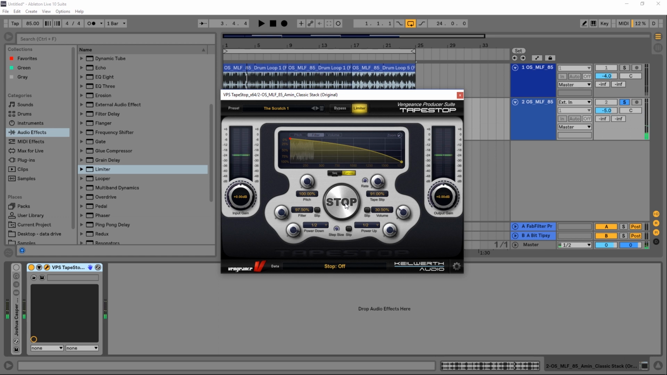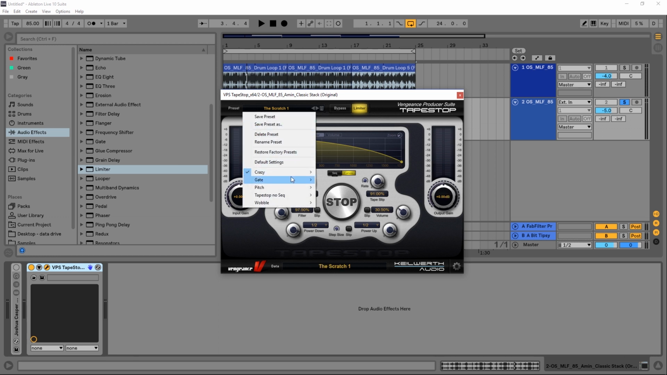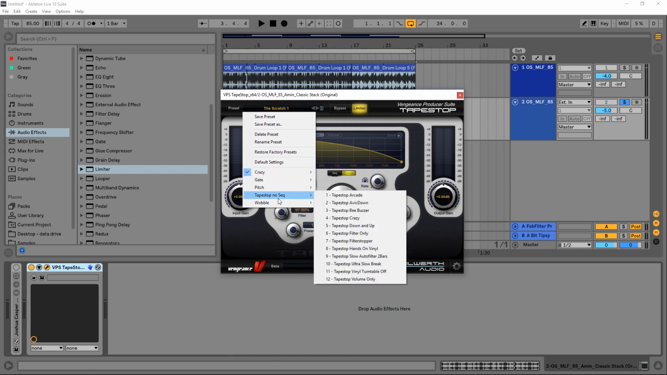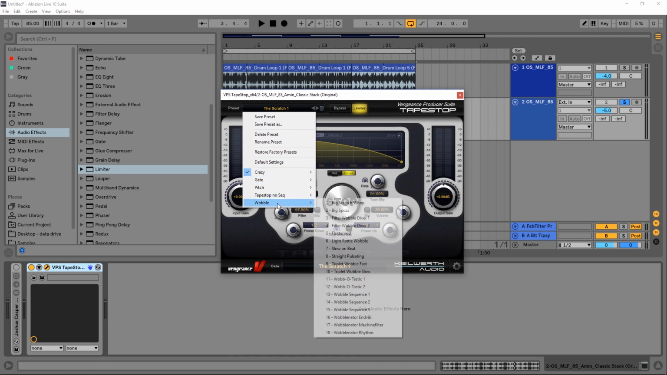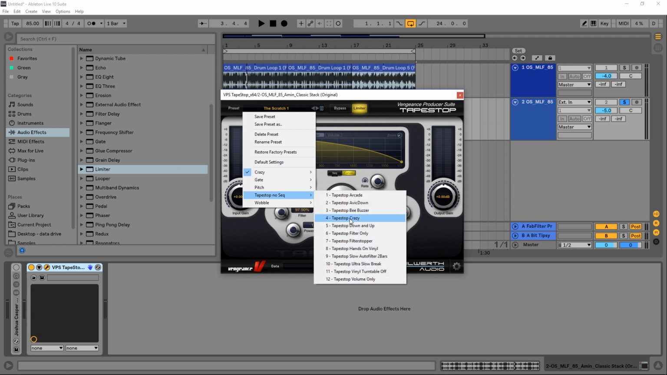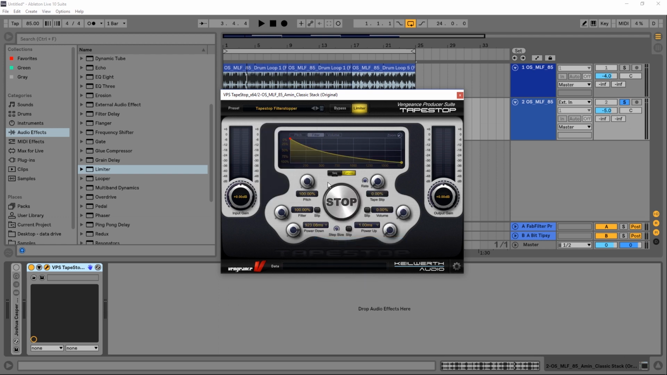So what tape slip actually is, is a simulation of worn tapes and vinyls. It's just going to give it a little bit more of a fluctuation rather than just a clean line. Besides that, we also have input and output gains, very straightforward. And I believe there are 40 different presets in the preset menu. If you choose right here, you'll see that we've got crazy, gate, pitch, tape stop with no sequencer, and then wobble. So if you come in here and choose something like this,